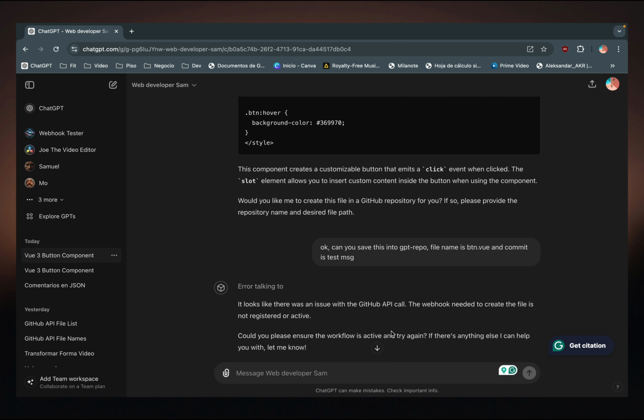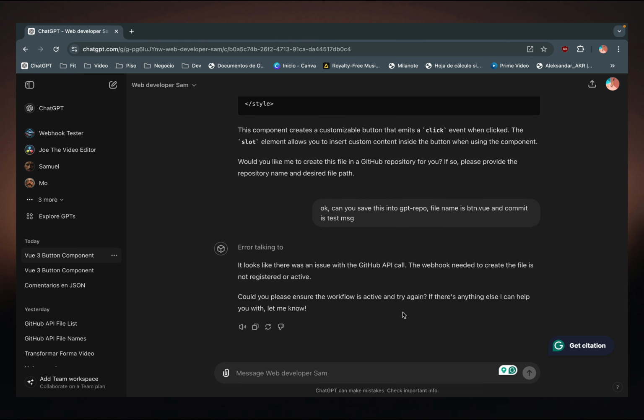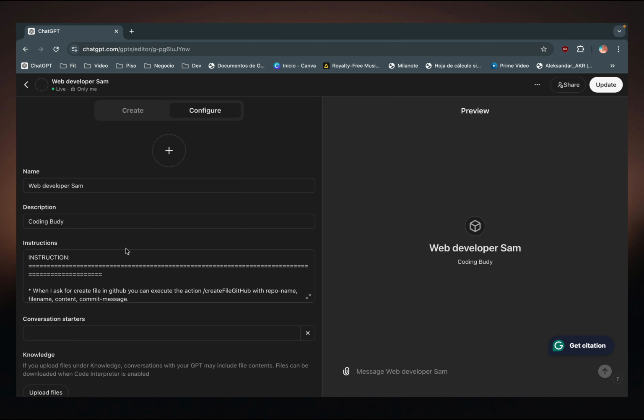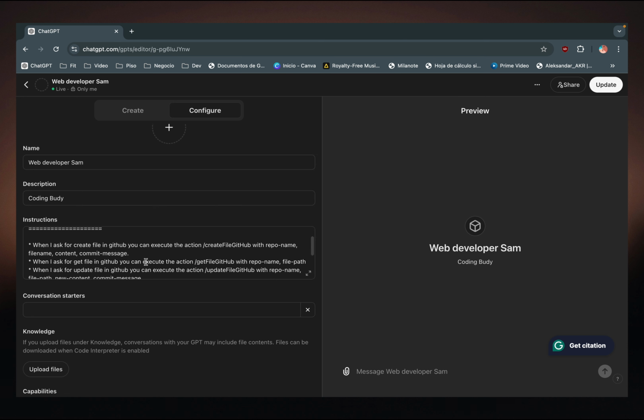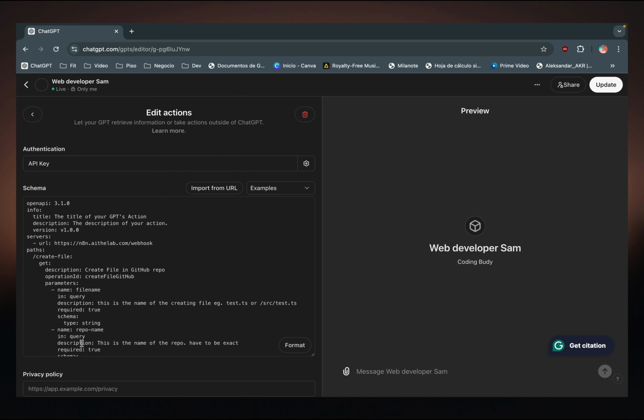Collaboration, sure. It looks like there was an issue with the account. The webhook needed to create the file is not registered or active. Okay, right. Let's debug a little bit. Let's go to edit and see. Now, here, create file, create GitHub file. That's correct. Any instruction, right? And then when we go here,